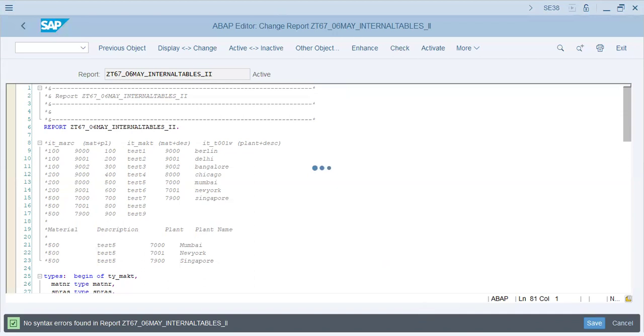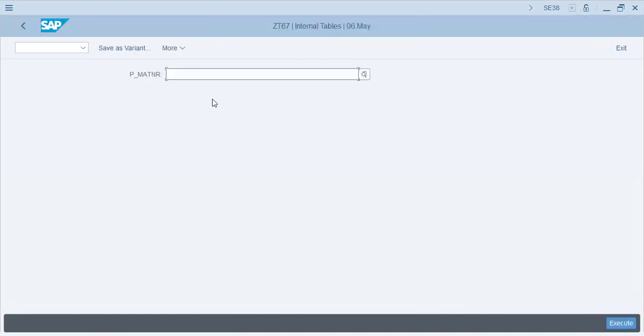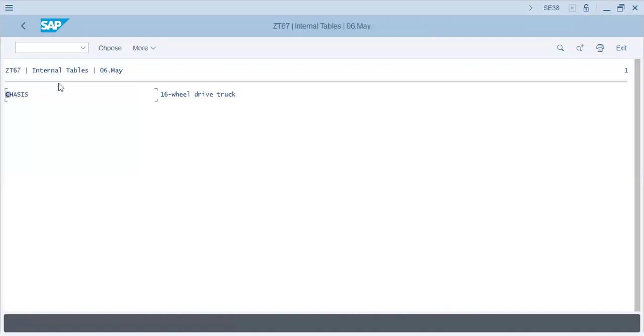Come on. Execute. It's not pulling the plant data. Anyways,